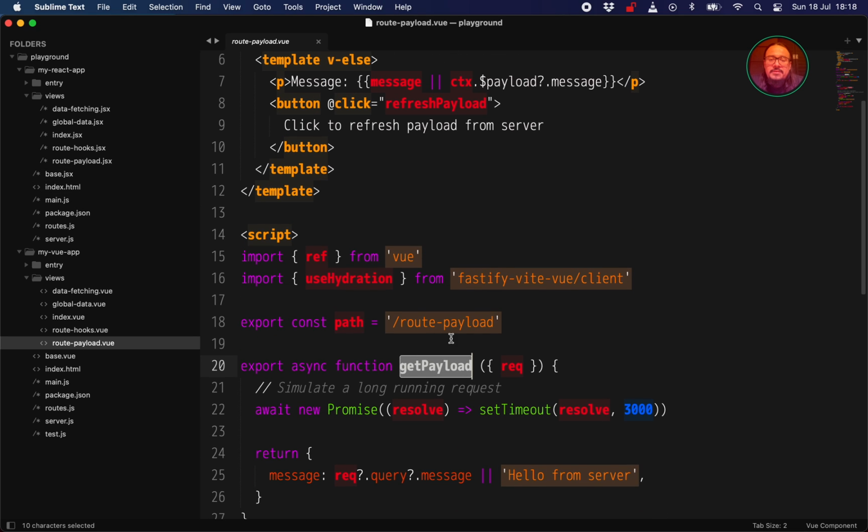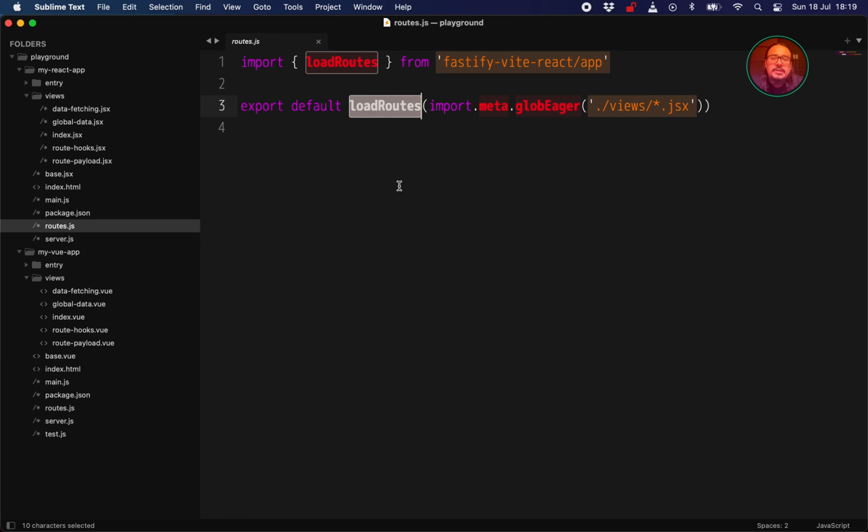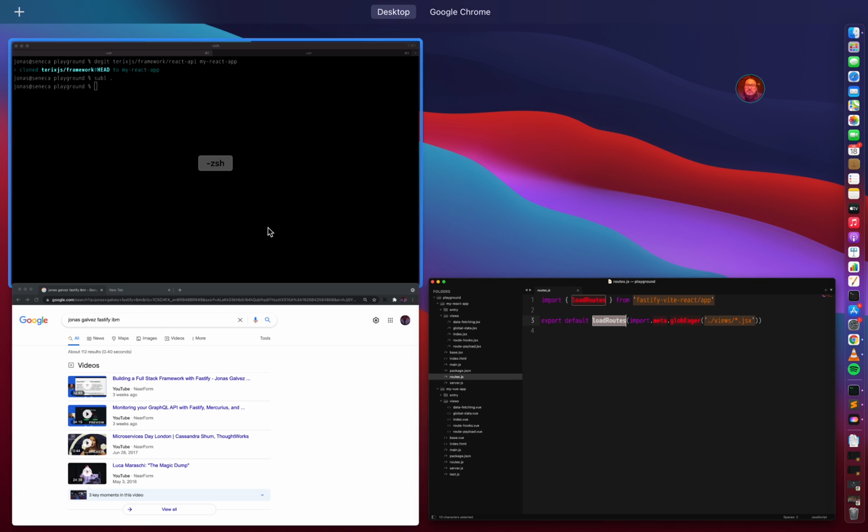And to specify the routes, you just have to export a path property, and Fastify will pick that up and will automatically register the route. This is actually a prerequisite to using the load routes. You can't export a manually set of routes, but then you're going to have to provide the paths yourself. So going back to the presentation,